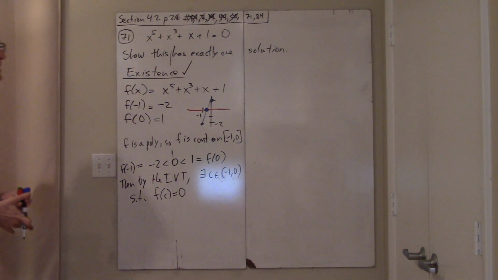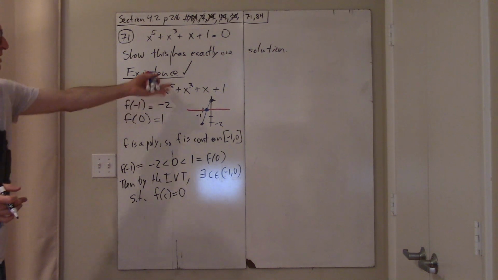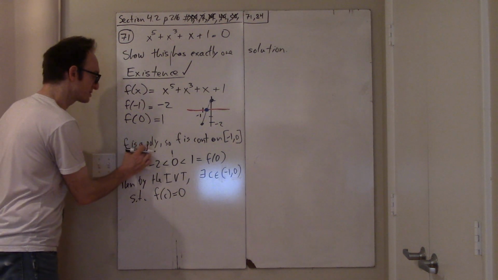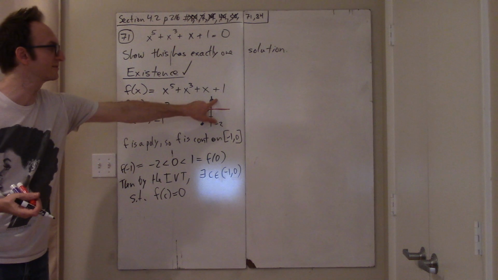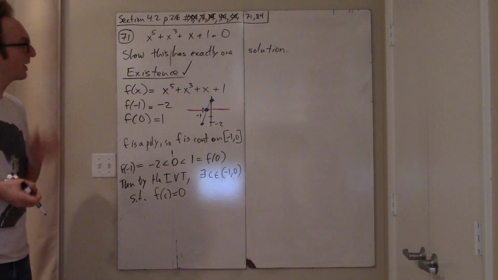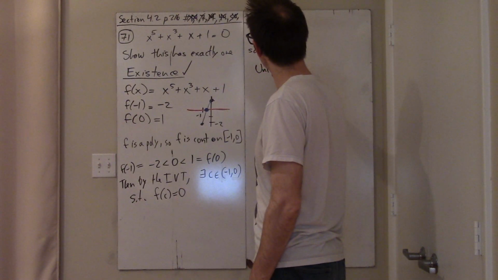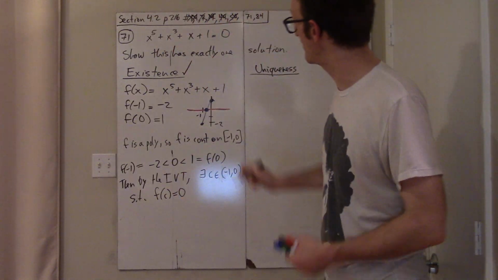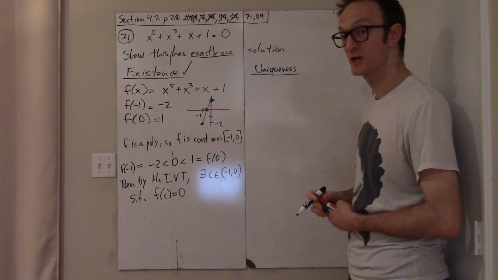This we could have done back before we knew derivatives, and you could have just done this in pre-calc C, maybe without such fancy language like the function is continuous, but the general idea of negative then positive later is kind of common sense. But now comes the other half of the proof, which is uniqueness. The goal of the problem is to show that there's exactly one solution. So we have to show that we've shown that there is a